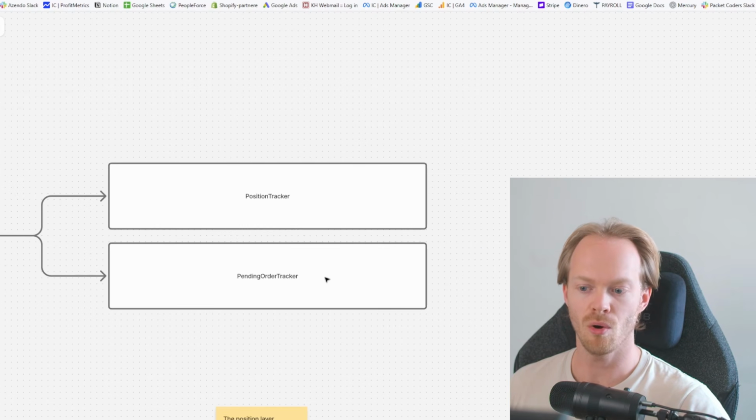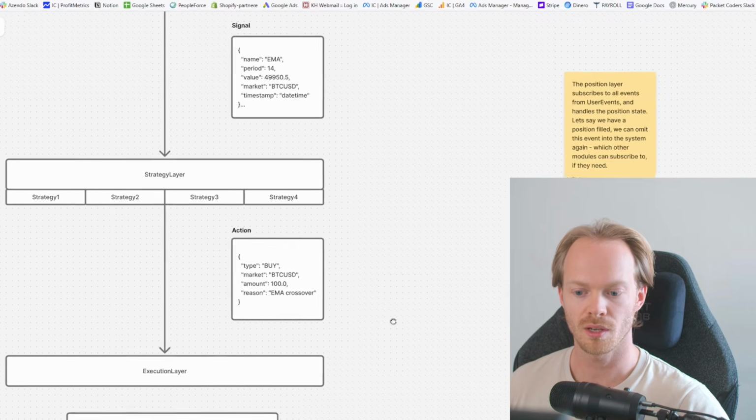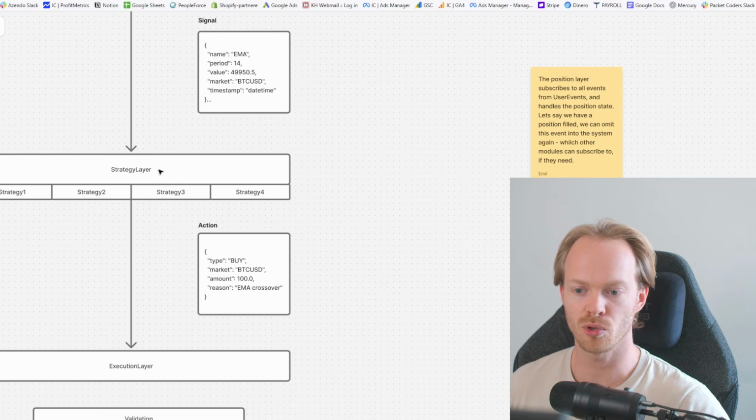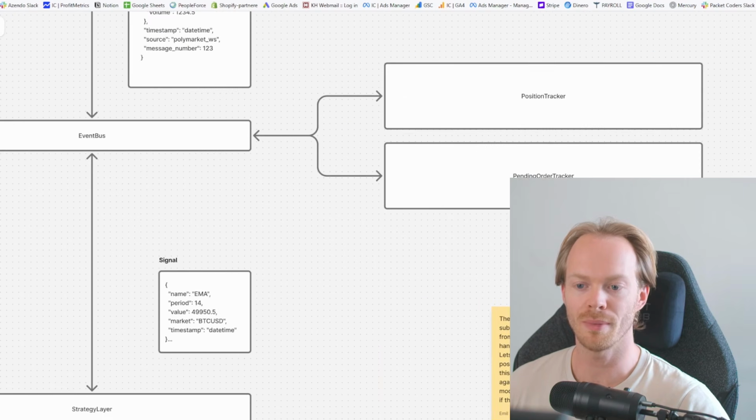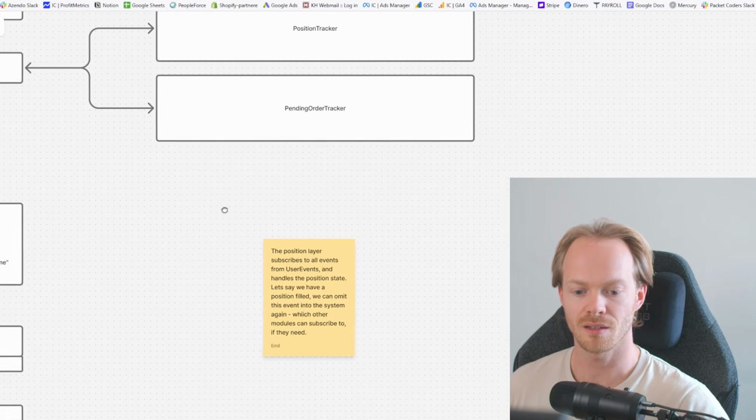The pending order tracker, it's kind of in the name. So you can see here in our strategy layer, they can produce actions. In the moment it creates an action, it will emit an event to the event bus that then creates the pending order tracker. And the responsibility of the pending order tracker is to basically just monitor the state of the